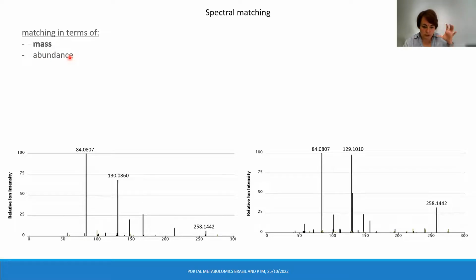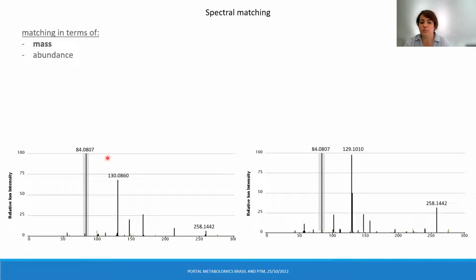I'm not talking about such obvious things, but when comparing MS spectra, we have to consider the type of mass analyzers, because they are different. We have mass analyzers performing MS in space or in time. We have to consider the ionization source, the collision energy, the type of modifiers we use. Those are, in my opinion, quite obvious aspects, but sometimes even very small differences in the mass can already give us quite important information about the structure of the molecules.